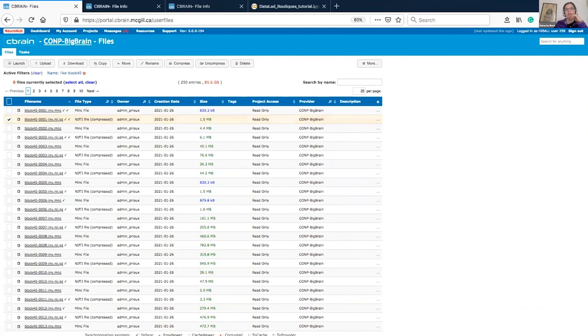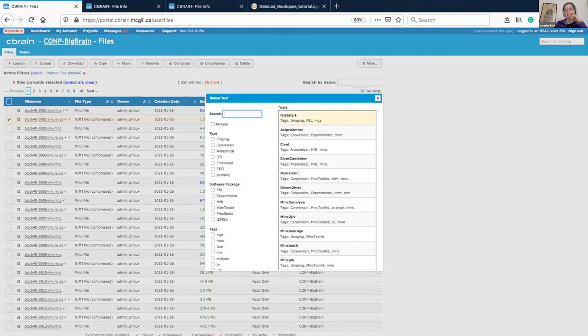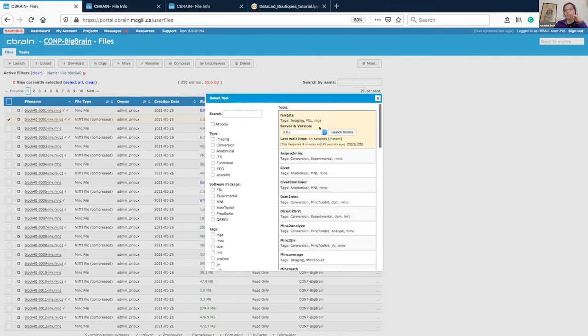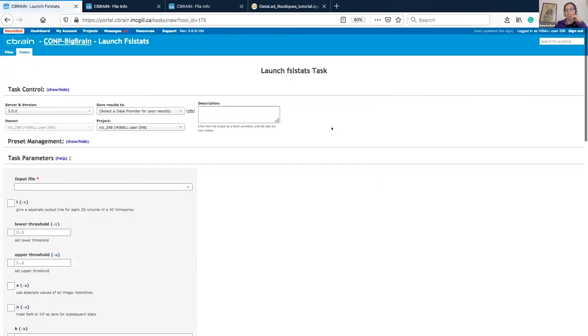Then you need to launch. You can select whatever tool you want here, for example, the FSL stat one. You just have one choice for now about the server. You need to launch it.